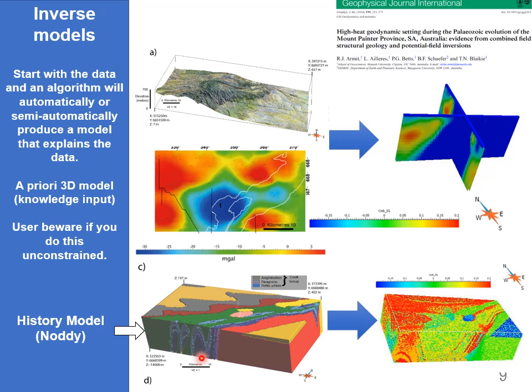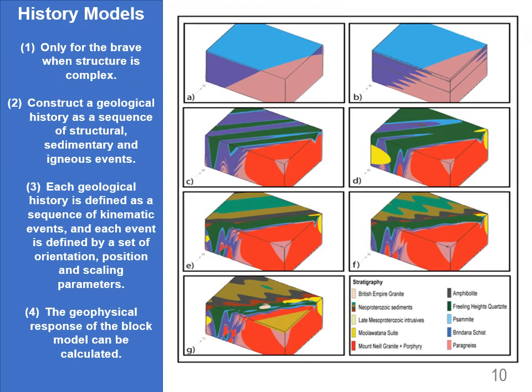So this feature here is an unconstrained model of this gravity data set, and it basically comes up with, as you would expect, a series of blobs. It's a UBC approach. This is the result of the constrained model, and you can see that they're very different outcomes, and one that's based on geology and represents geology. The other one is essentially a blob that is essentially meaningless for the approach that we wanted to do.